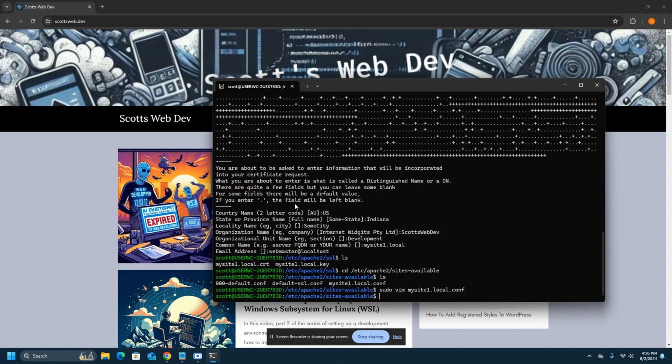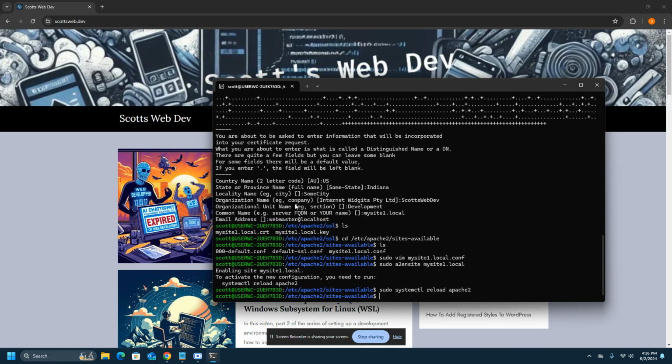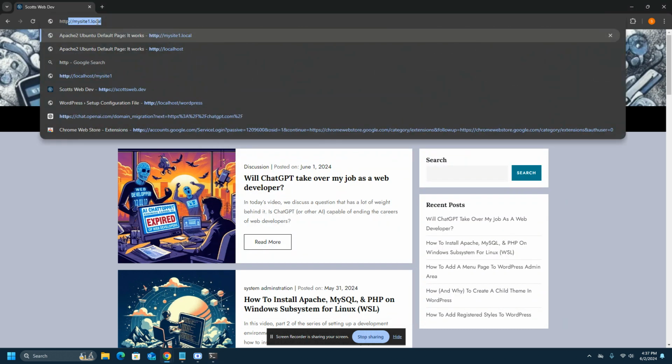Now we need to enable our site since we changed the configuration. So we'll do sudo a2ensite mysite1.local. And now we need to restart Apache. Sudo systemctl reload apache2. We didn't get any errors here, so the moment of truth, we'll want to open up our browser and type in our local domain with the HTTPS protocol. So https